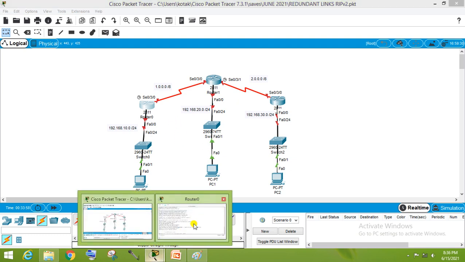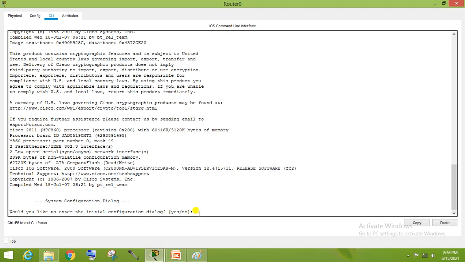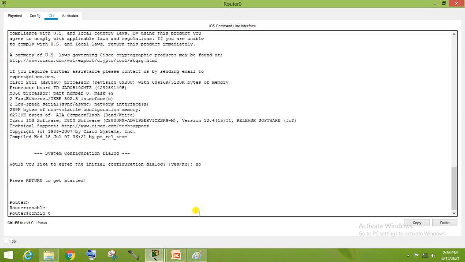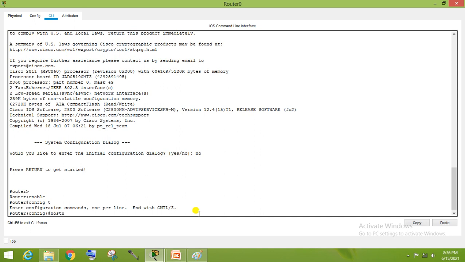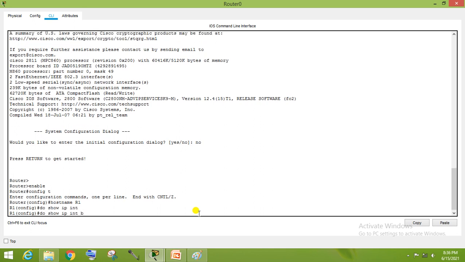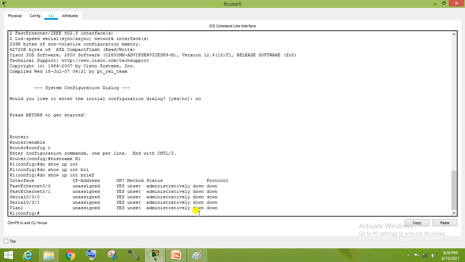First log into the router. Go to the basic configuration. First configure the LAN and then the serial.